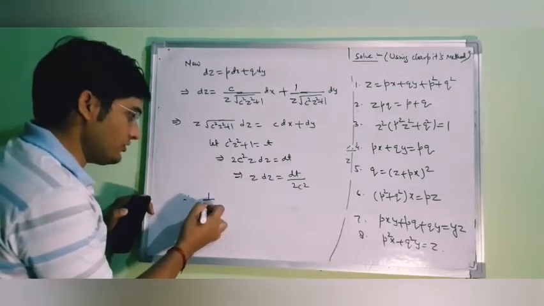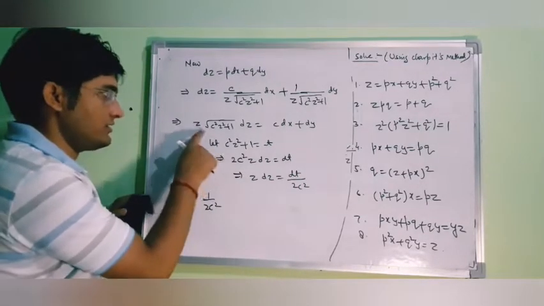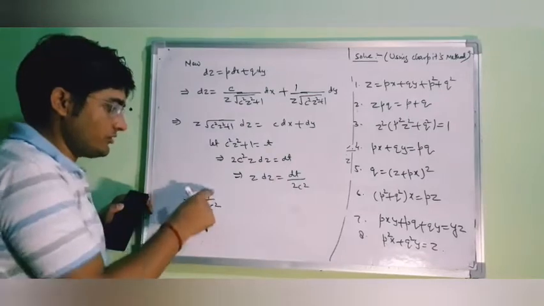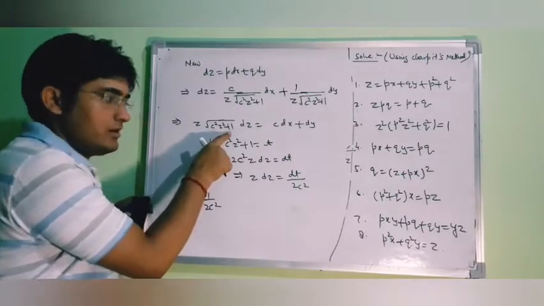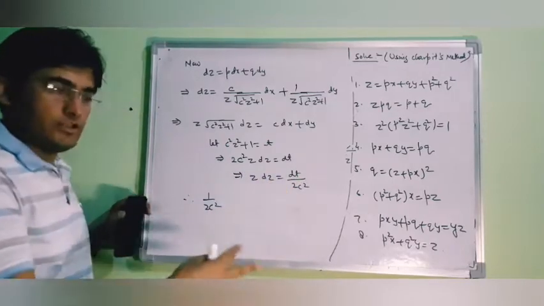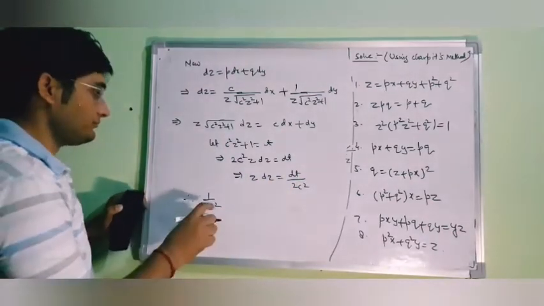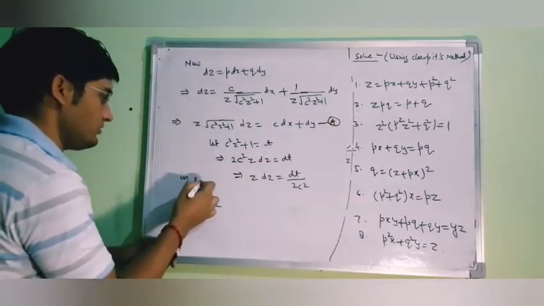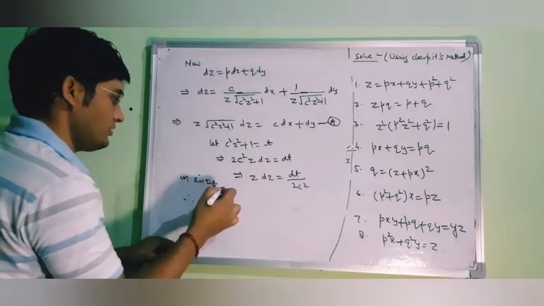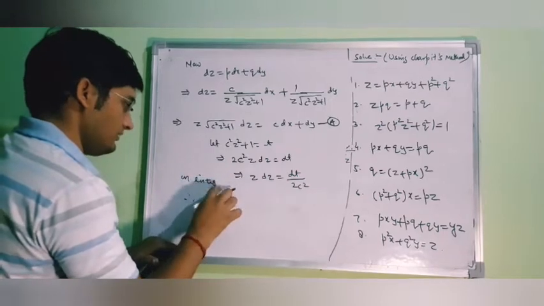So we will get 1 upon 2c square, as z dz was dt upon 2c square. So we will get 1 upon 2c square. Now here we will have under root t into dt. Now the integration of root t will be, so let us write it as a on integration, on integrating a,